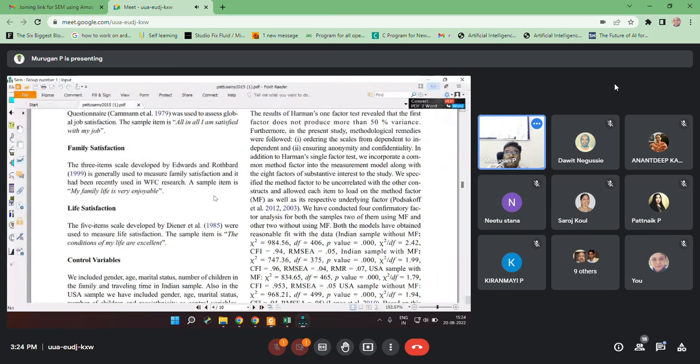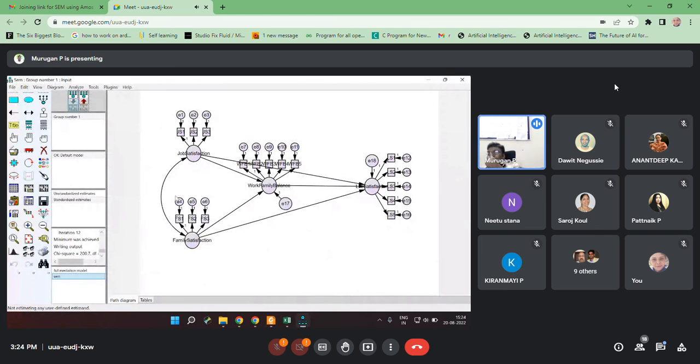Fine. So now what's the conclusion? You have to create an indirect effect table. There you have to present your indirect effect value, then the lower limit, upper limit, or maybe the p-value for the percentile or bias-corrected bootstrapping method. You have to specifically say how many bootstrap samples you have used,